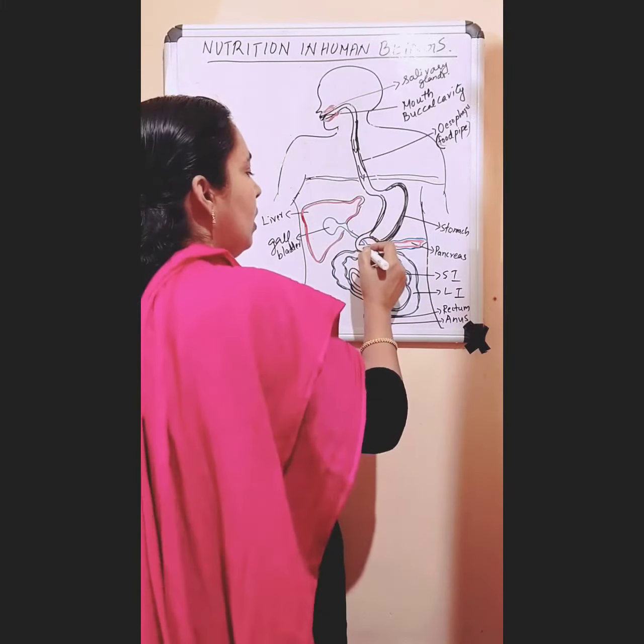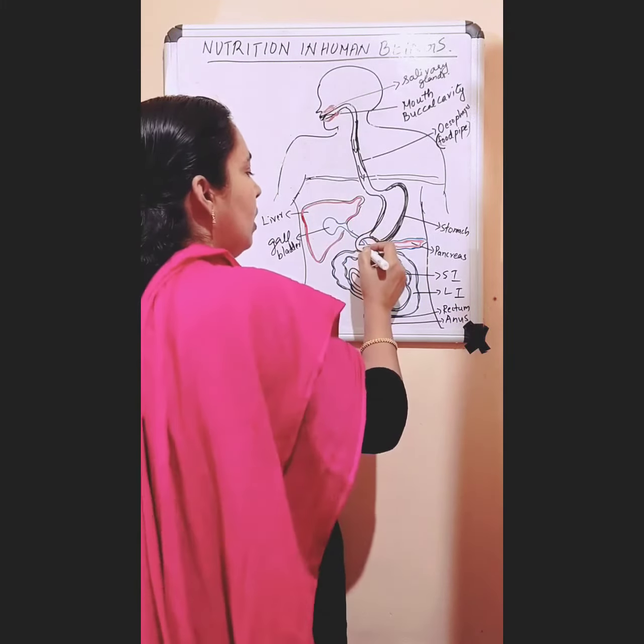Okay. And which is the last step? So the third one is absorption, the fourth one is assimilation, and the fifth or last step is egestion. From the small intestine, digested food is absorbed into the blood. Then the small intestine is connected to a wider tube, and that is called the large intestine. This large intestine is shorter than the small intestine, but it is named large intestine because it is wider than the small intestine.